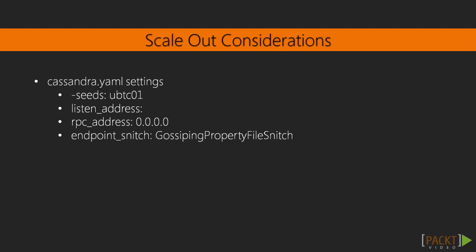ubtc01 is the seed node. Listen address is set to empty, and RPC address 0.0.0.0, and endpoint snitch is GossipingPropertyFileSnitch. We also changed the name of the data center and the rack to NY1 and Rack1 respectively in the cassandra-rackdc.properties